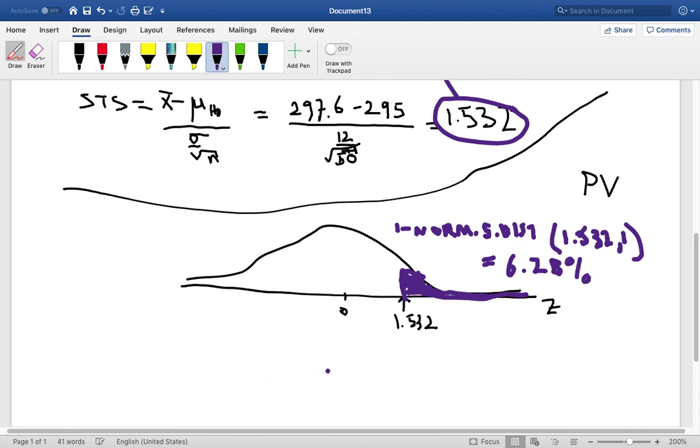Okay, so now we have alpha for this question. Alpha for this question is 1%. We were given it, the significance level. The p-value we calculated to be 6.28%. And if you remember the results from before,